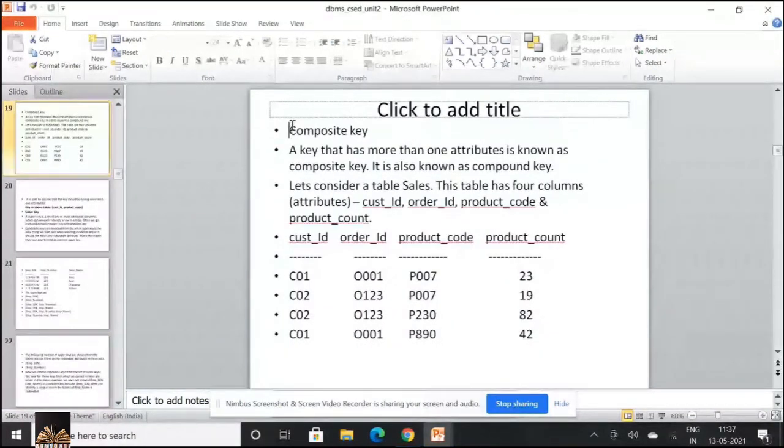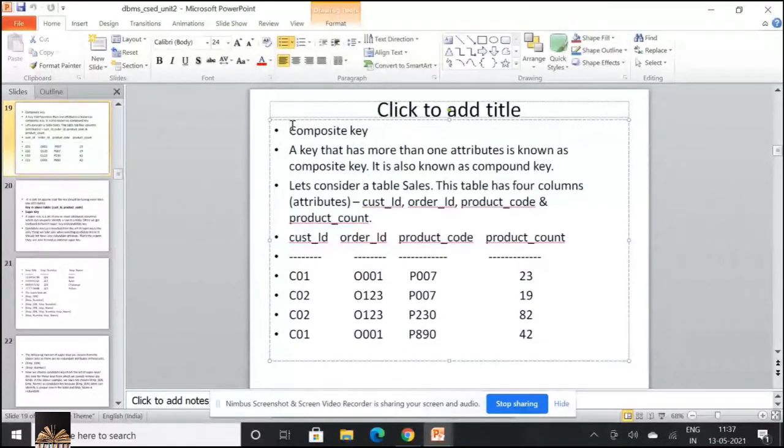Next is composite key. Composite key is a combination of more than one attribute. A key that has more than one attribute is known as a composite key. Sometimes it is also known as a compound key.